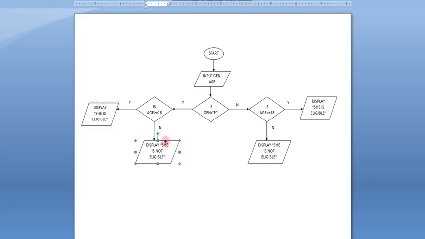Hope you are understanding. The other side, same way, I have to make here he is eligible as well as he is not eligible. So what we came to know is that it depends on what you are writing inside the decision box. It depends on what question you are asking in the decision box. Fine. Now just stop, you need to specify and join all the lines to stop. Now let's go with the next question.